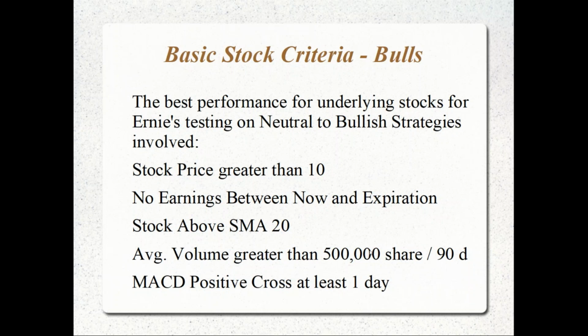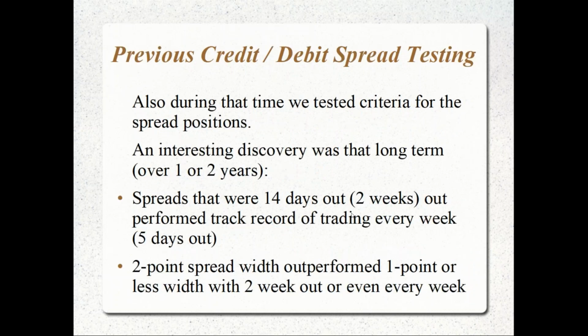Now what's interesting is that in addition to this, during the same time period, we used our strategy testing tool, which is a little different from the historical tools we offer on Power Options, and we tested criteria for the spread positions. And a very interesting discovery was that long-term, over a 1 or 2 year period or more, although weekly options are available, the spreads that were 14 days out or 2 weeks out in time, between 8 to 17 days out in time, outperformed the same track record using the same stock criteria, but forcing it to